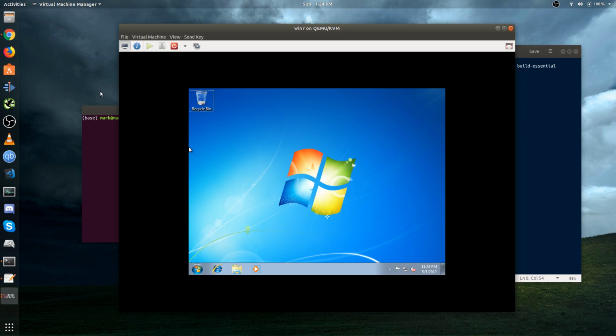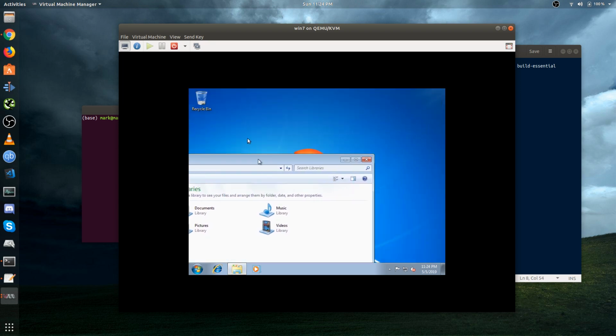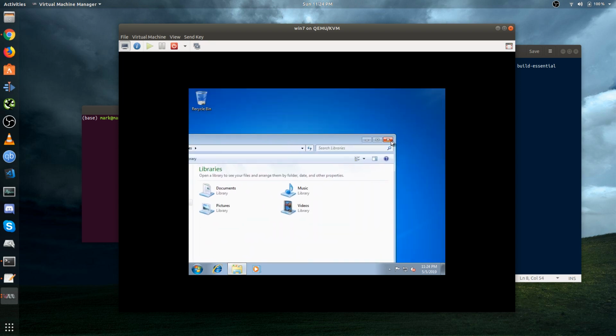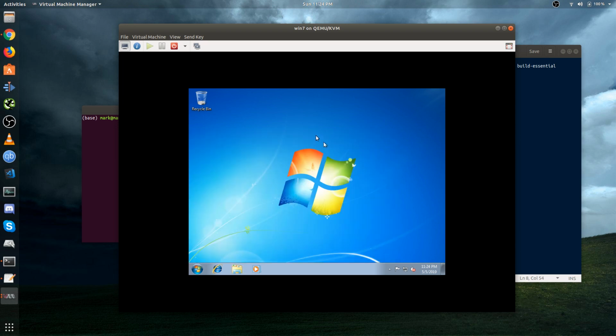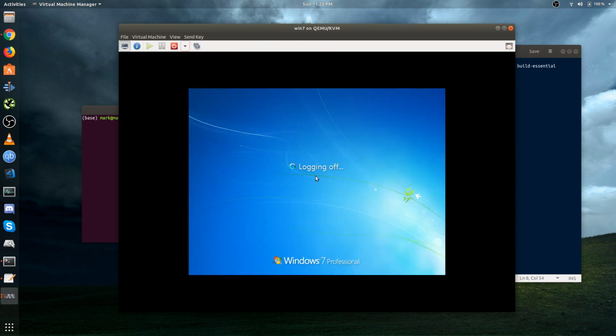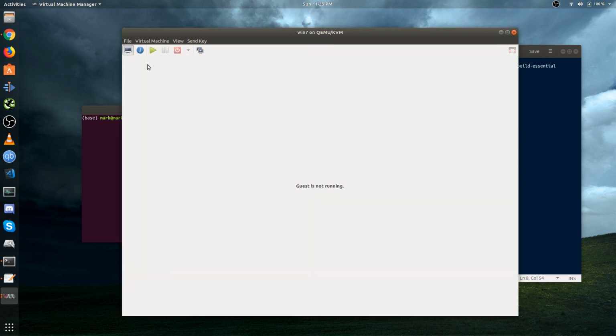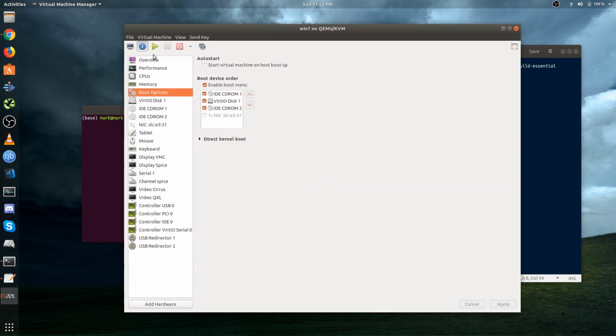Alright, so the last thing that we need to do is enable video settings. This will let us use Windows 7 seamlessly. Obviously right now you can tell it's really choppy when I move windows, but this tweak is going to fix that. So we're going to have to power off the environment. Click on this drop down menu and just click on shutdown. Until this shuts down, we're going to click on the info icon, and we're